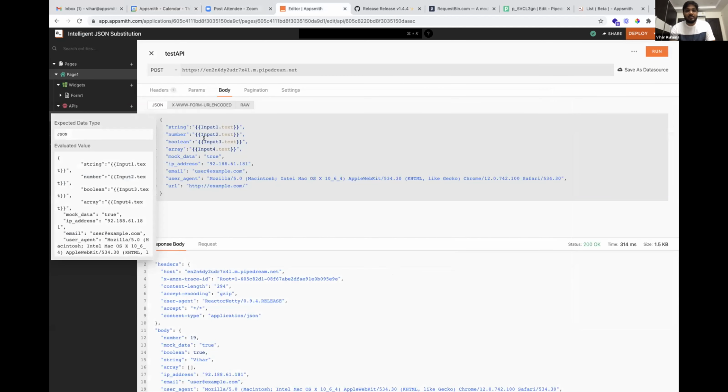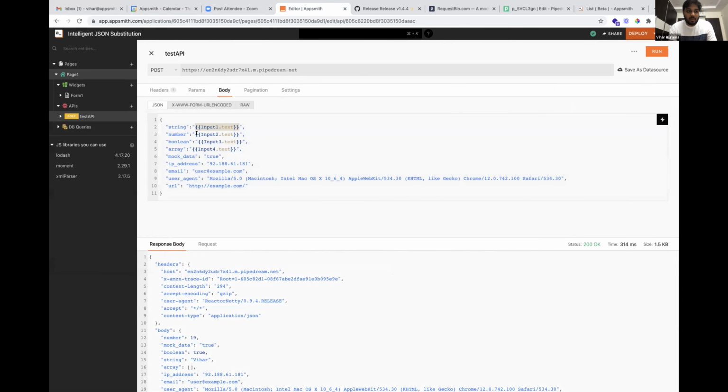All right. So the first thing is the intelligent JSON substitution. Whenever we are working on APIs, a lot of developers had issues with setting up the bodies, as in setting the data types here. So now we need not worry about that. Say if at all your data is in strings, or say if at all you missed strings sometimes, our intelligent JSON substitution will take care of that. So let me give you a quick example for that.